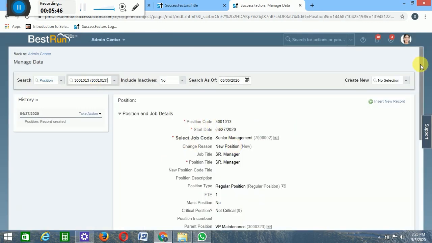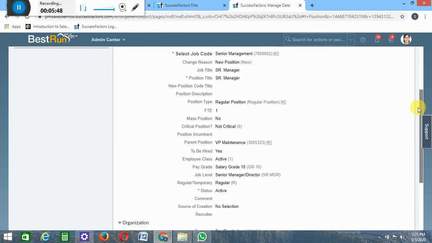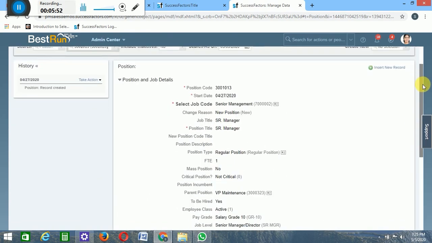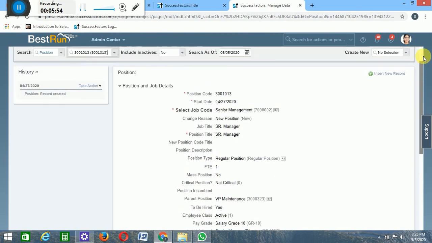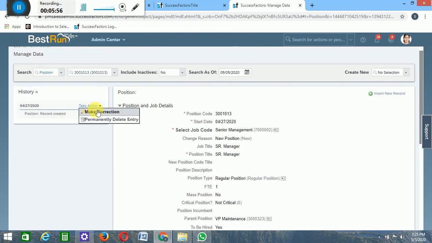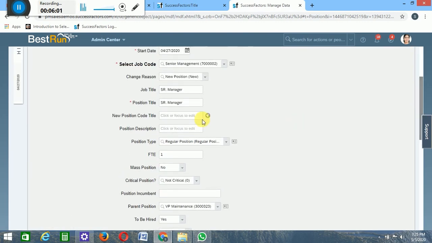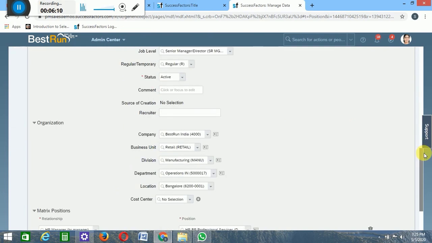So previously we were not able to save this record because the workflow was not approved. Once it is approved, it got saved. So here try to make any change, any correction. See, normally if we change this senior manager to senior manager, okay, try to save this.